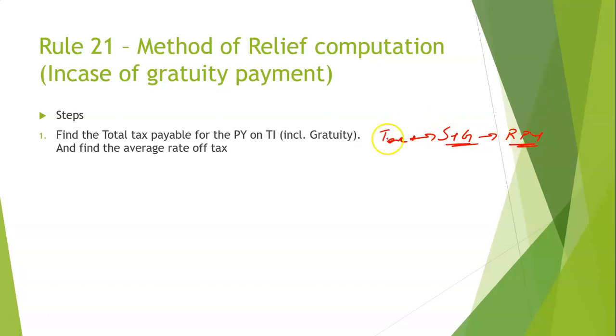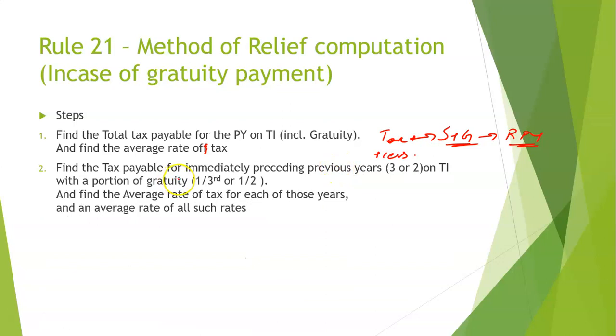And after finding tax, so this tax is tax plus cess. Always when I say tax, it's tax plus cess. Find the average rate of tax. I'll explain what average rate of tax is in the next slide. Next, what do we do? Find the tax payable for immediately preceding previous years 3 or 2 and total income with a portion of gratuity,